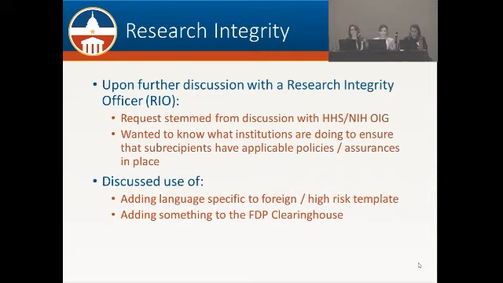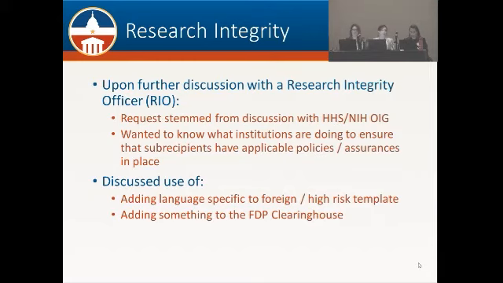So one of the interesting things about this conversation was also that the RIO indicated most of our institutions as FDP members probably have some sort of research integrity assurance on file with the government, where we confirm that we have an appropriate policy in place for managing research misconduct proceedings.